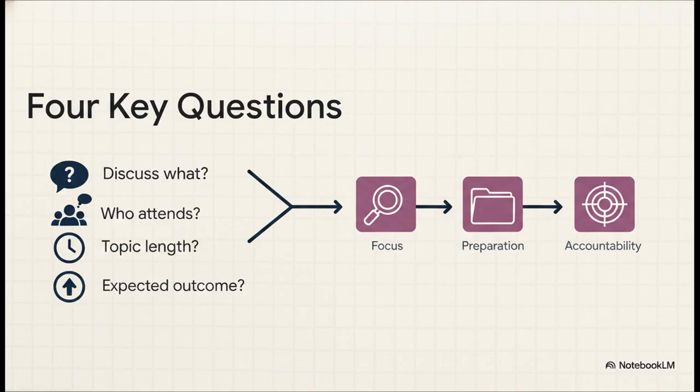It provides focus by telling everyone exactly what's on the table, and honestly, what's not on the table. If it's not on the list, it doesn't belong in the meeting, period. It also allows for preparation because when people know the topics in advance, they can actually gather their thoughts. Have you ever been ambushed with a major decision with 0 time to prepare? It leads to anxiety and poor rushed decisions. Getting topics in advance eliminates that surprise. And finally, by spelling out exactly how long each topic will take and what the outcome should be, it builds in a really firm sense of accountability.